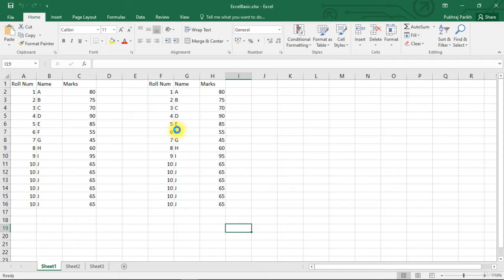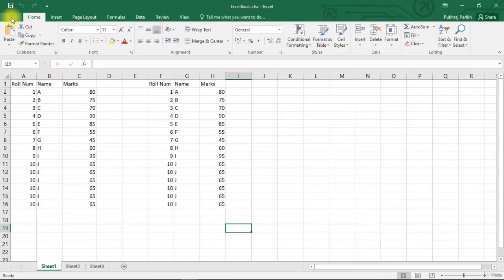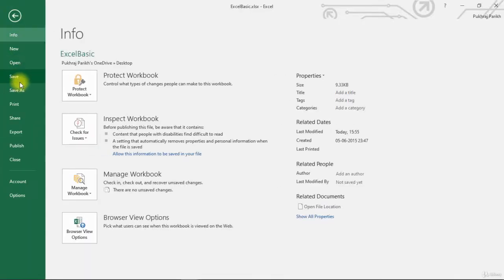The next options in the File tab are saving options. Saving is a very important function because workbooks are vulnerable to events such as power failures and system crashes. In such an event, any unsaved work is lost and you may have to redo all your work again.